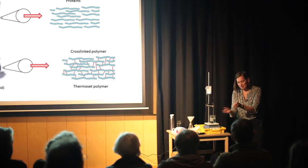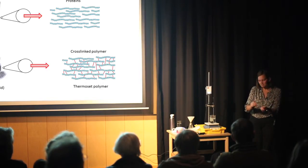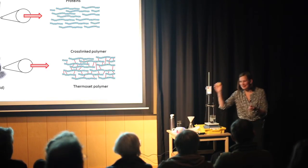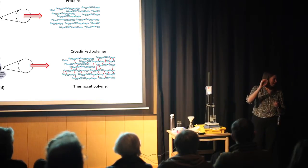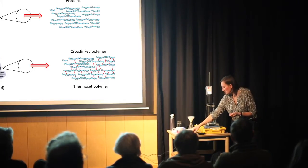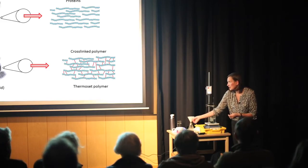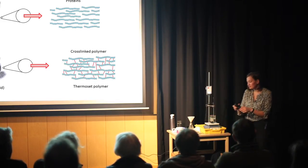And you can squeeze it with your hands and mold it into a shape in true Blue Peter style. Here's one I made earlier. Here's one I did last night. And it's now hardened. And again, if we think about what's happened on the molecular level, then we started with some milk,